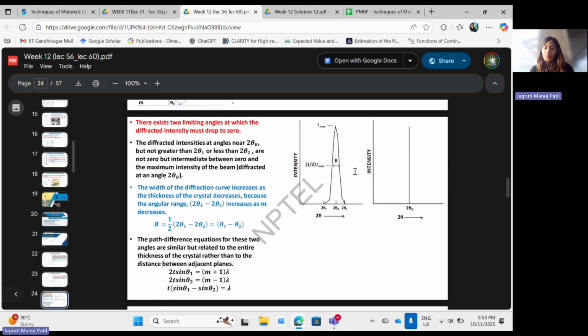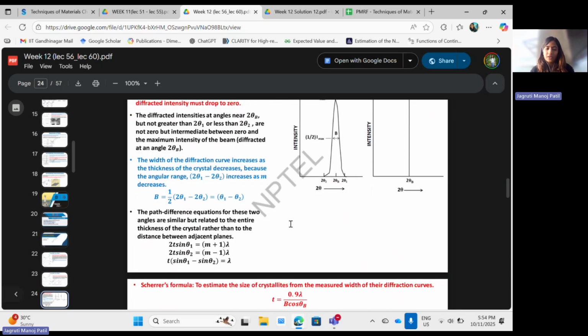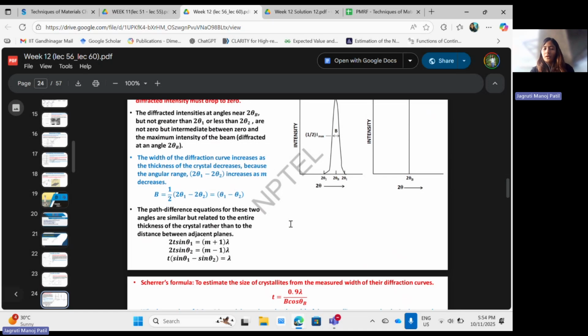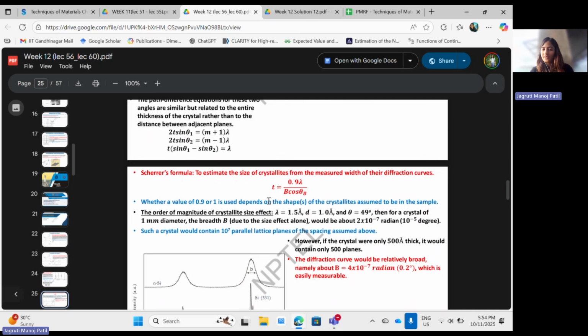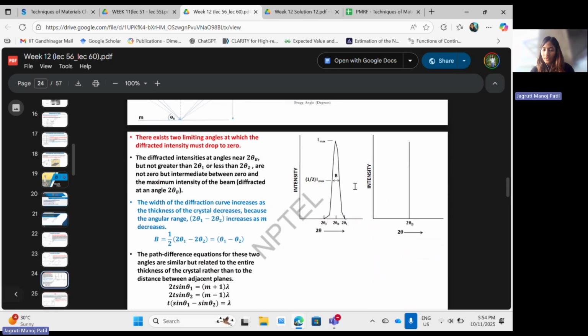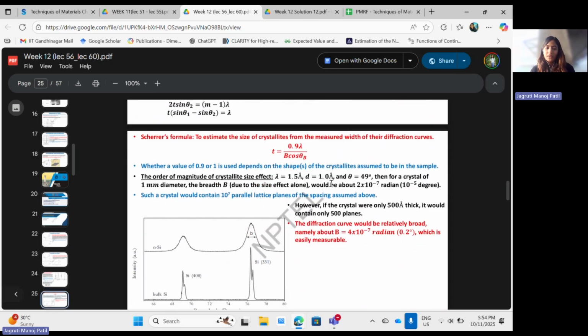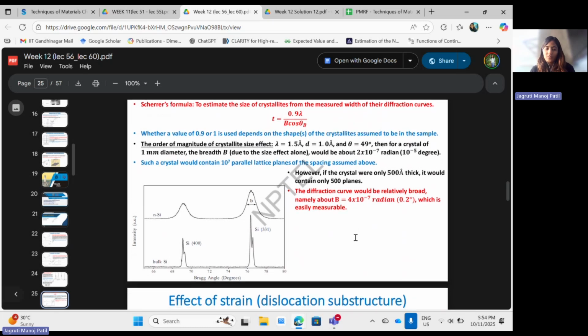You see this as nothing but the difference between both of them at half of the maximum intensity. Now, to cancel out two, that's nothing but the difference between two spatial locations of your Bragg's angle. That's the effect that you have, and it's always proportional to 2 sine theta, the difference of the sines of the two different angles. This is Scherrer's formula, which helps you compute the estimated size of the crystallites from the width of the diffraction curve. For that, you need this width that you're trying to measure, and from there, you can make these estimates accordingly.